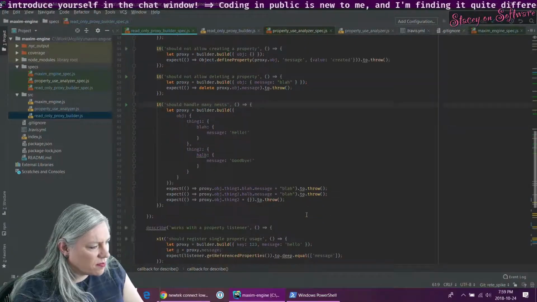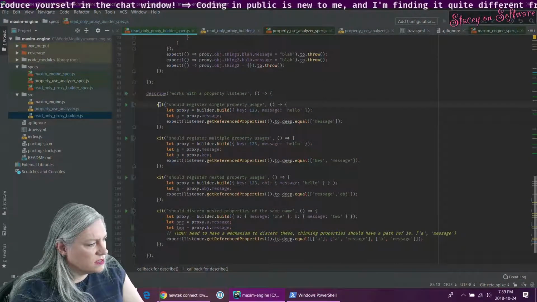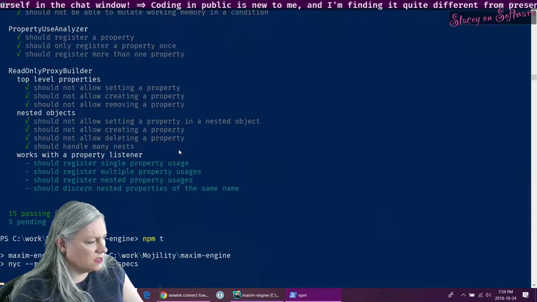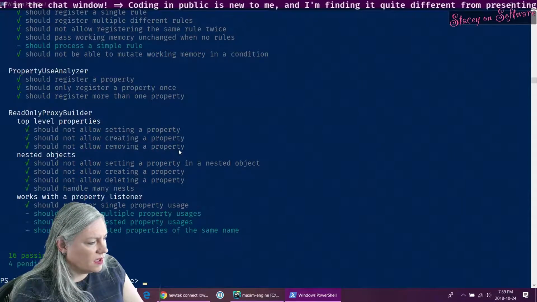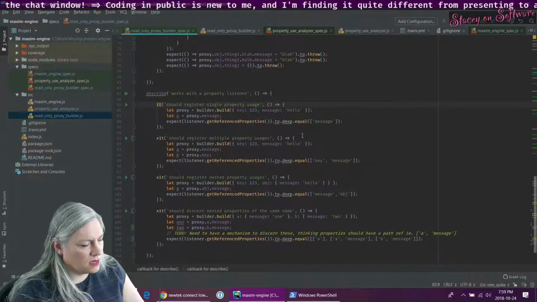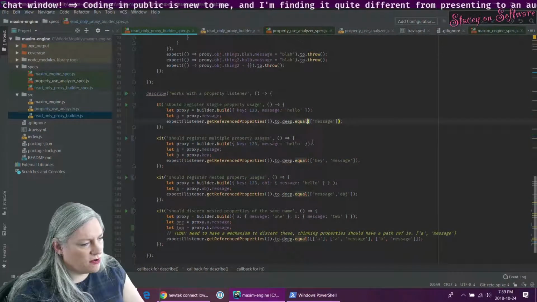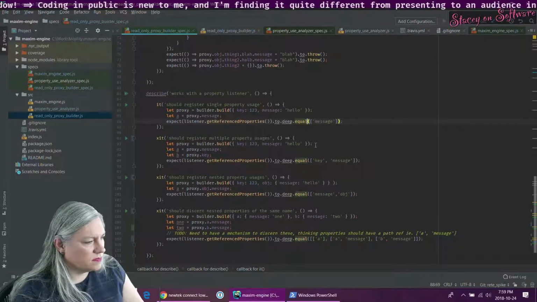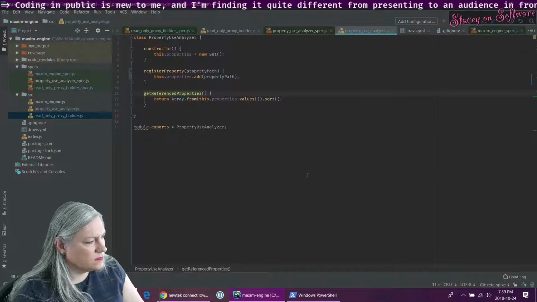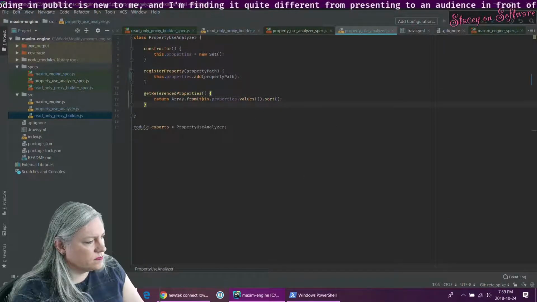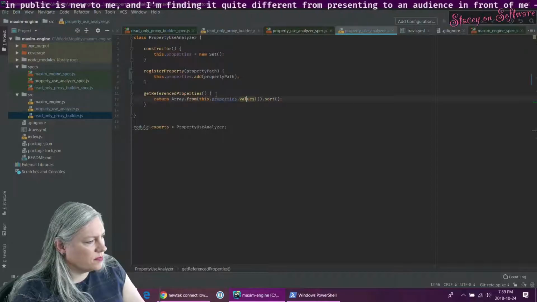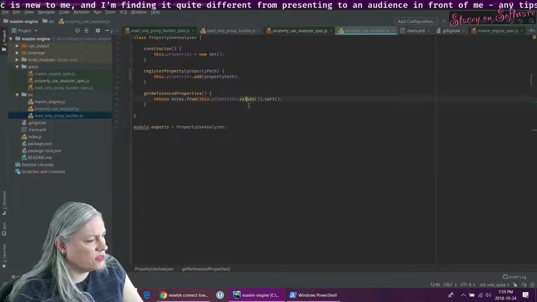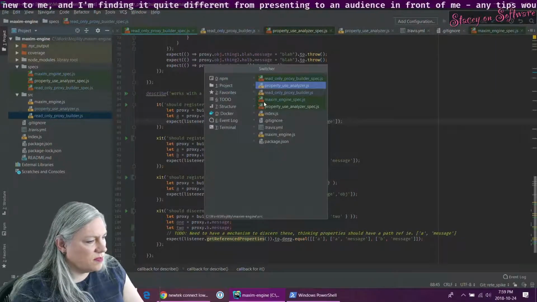And then works with the property listener. So let's see how you do. I don't think you're going to be good. And yet you are. You are not an array of arrays. Properties. So this is adding a property path. Okay, so that means